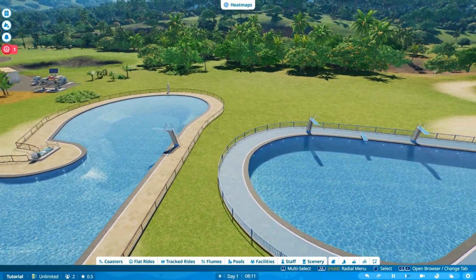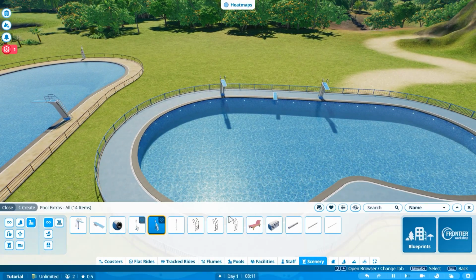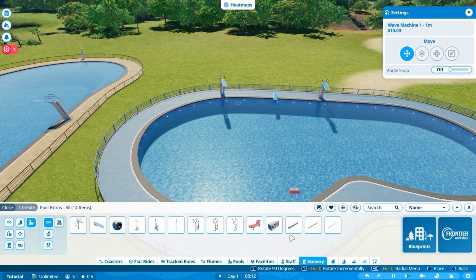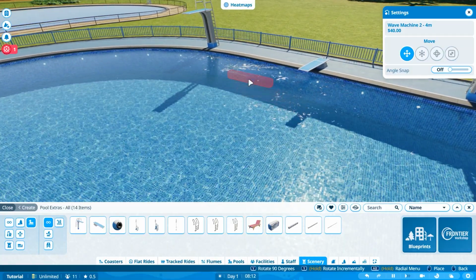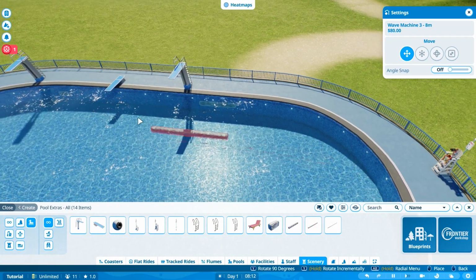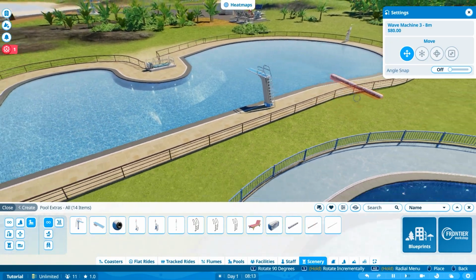You can even create some waves, and if we go back into the elements, you can see there are wave machines. They come in 4 different sizes, and if you place them in, I'm just going to place all of them in, you can see they are starting to create waves, and yes, they are also fully simulated, so that is pretty cool. I'm not sure if I can put this in this one anyways, because it's too flat,